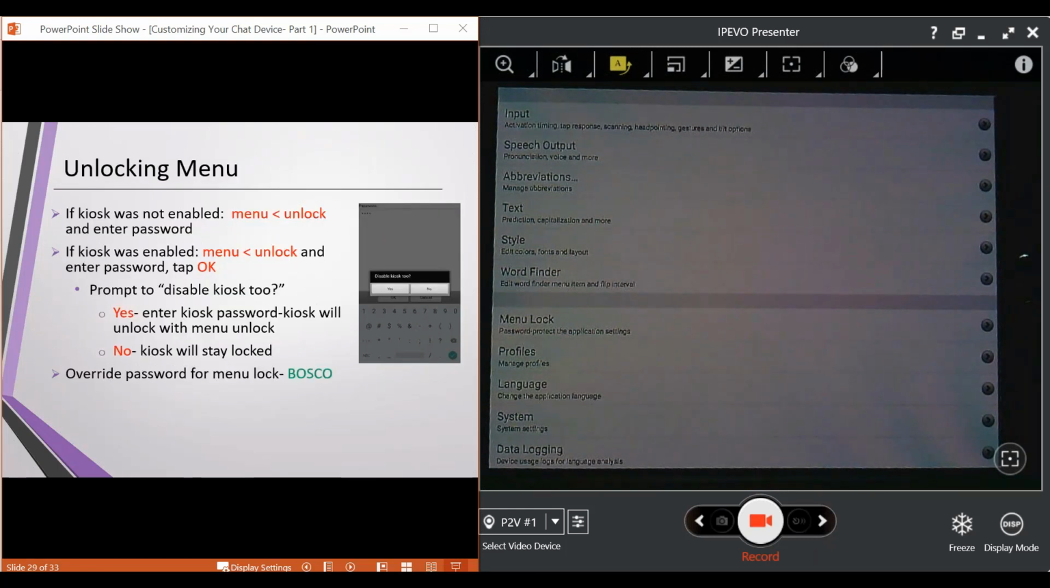Unlocking your menu. So I did show you just quickly about the prompt. If you ever did forget your password, there is an override password. You can see it's here at the bottom of the slide. It is the word Bosco in all caps. That will